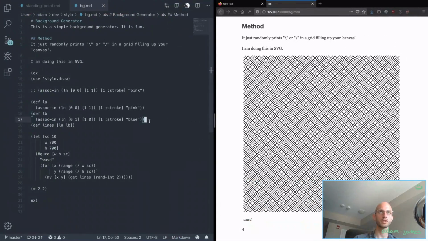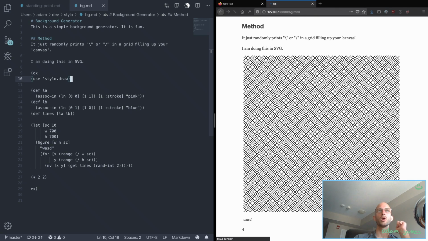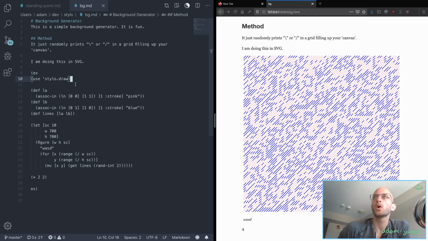Oh, that's right, like I said, this breaks it. Big problem to fix. Whoa, that looks really cool, but that looks so weird. Oh man, that's kind of neat. It's totally not what I need, but